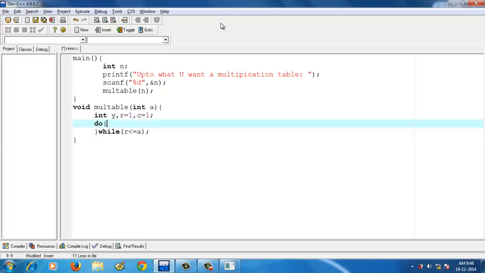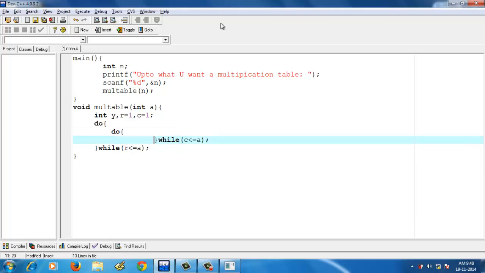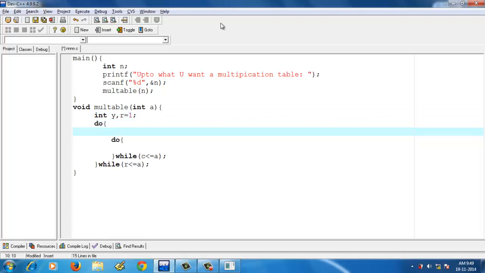Inside that, another do while loop is there, which checks or increments the column up to a. Okay. So here, before the row increment we should define the row variable, and before the column increment we need to define the column variable.